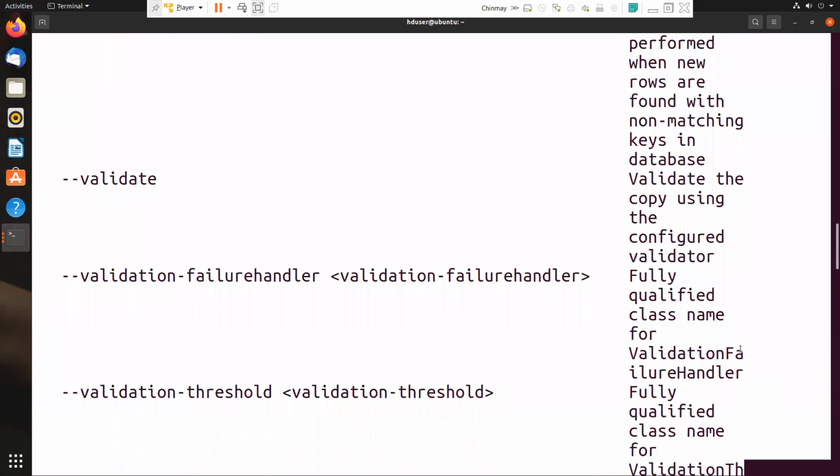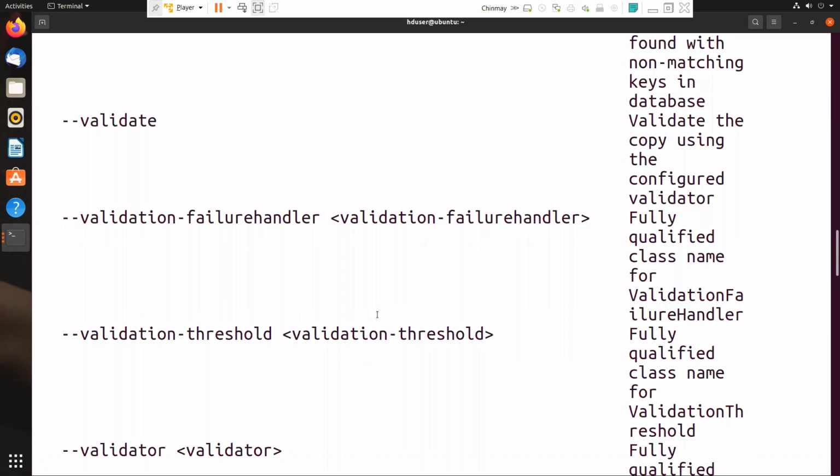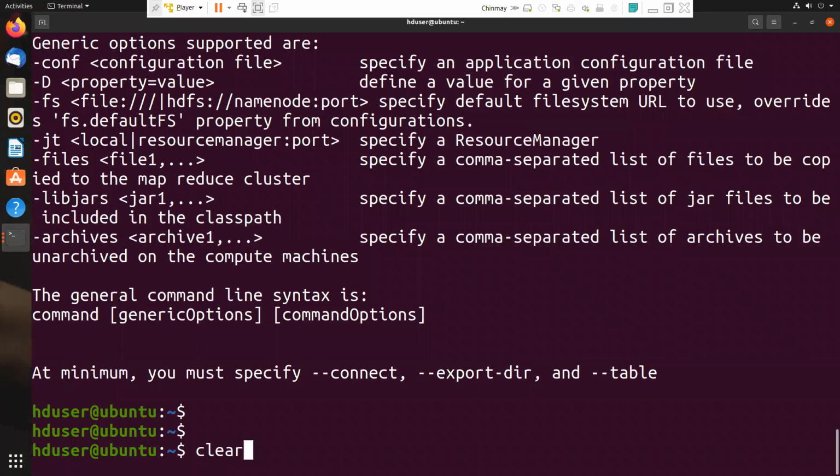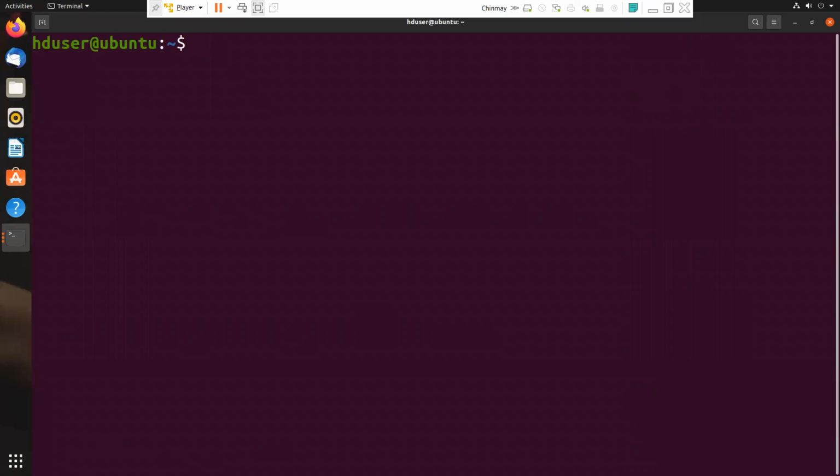Okay. Now what I do is go to the terminal, go to the enter. Clear. Right. sqoop export --connect